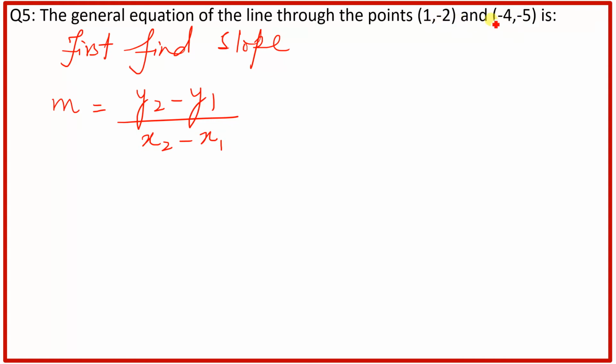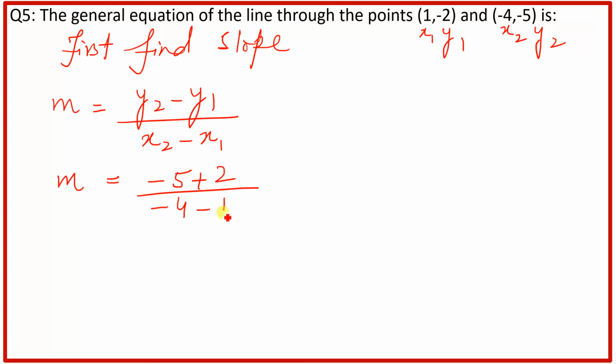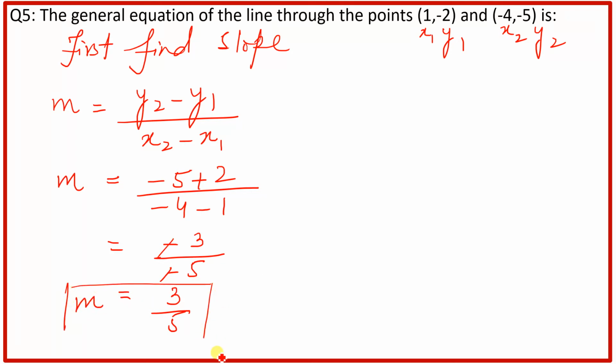Here we have both solution sets, so we do not have the slope given. m will remain the same; you can consider any one as y2 or y1. So suppose this is x1, y1 and this is x2, y2. So y2 is -5 and this is -2, and here is a negative sign as well, so it will be +2, divided by -4 - 1, which is equal to -3 over -5, which is equal to 3 over 5, because the negatives will cancel each other. So the slope is 3 over 5.